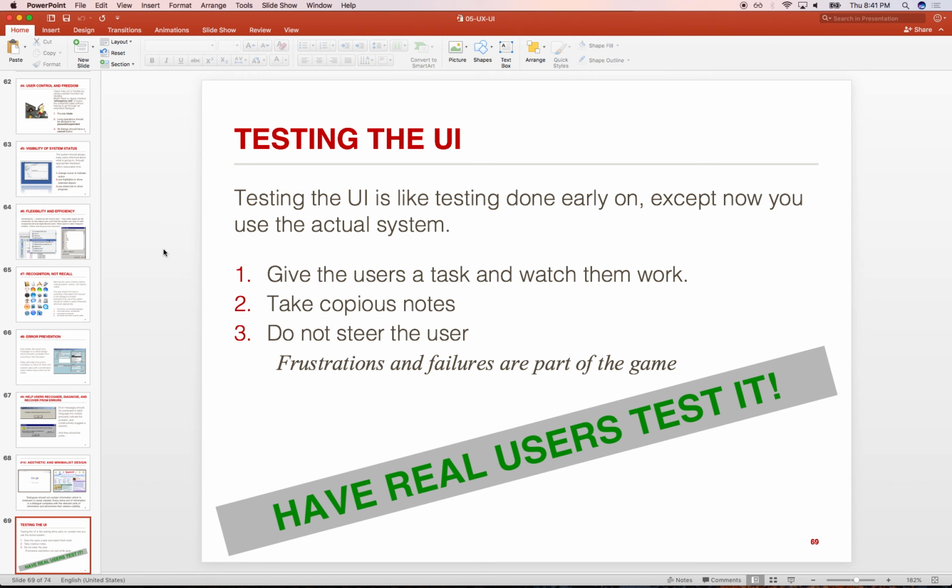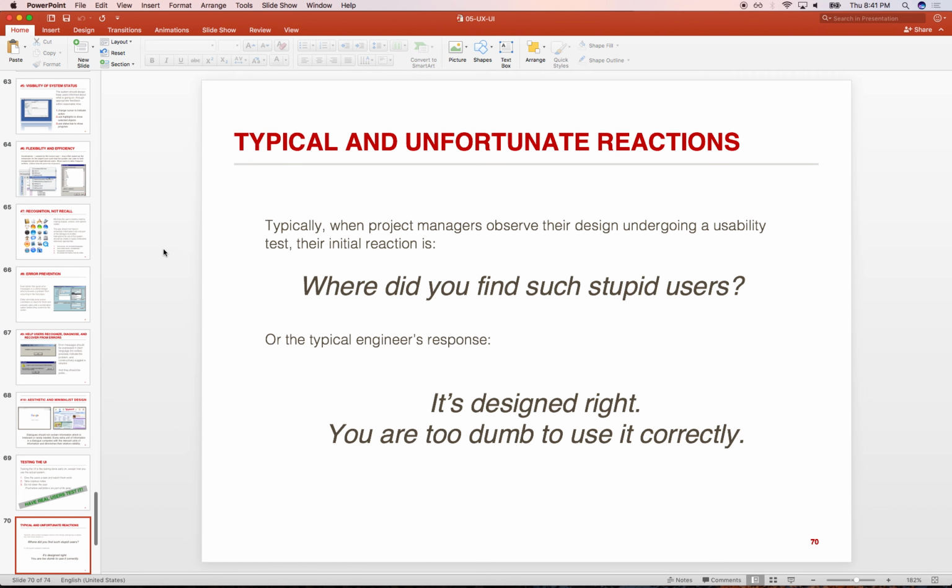Testing the UI: certainly you provide the user interface to real users that are going to go through it, and take notes and measurements for us to measure and come back and know more about the behavior. And certainly not have the attitude of blaming the stupid user for anything they might not be doing right. "You're just too stupid to use it."